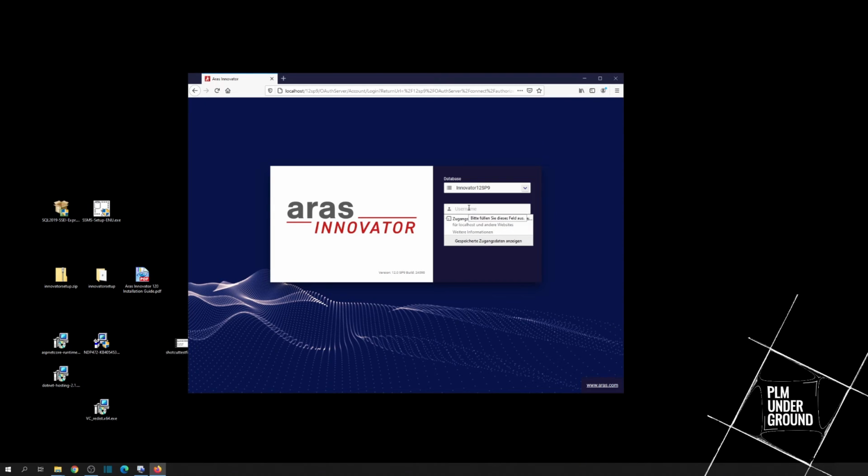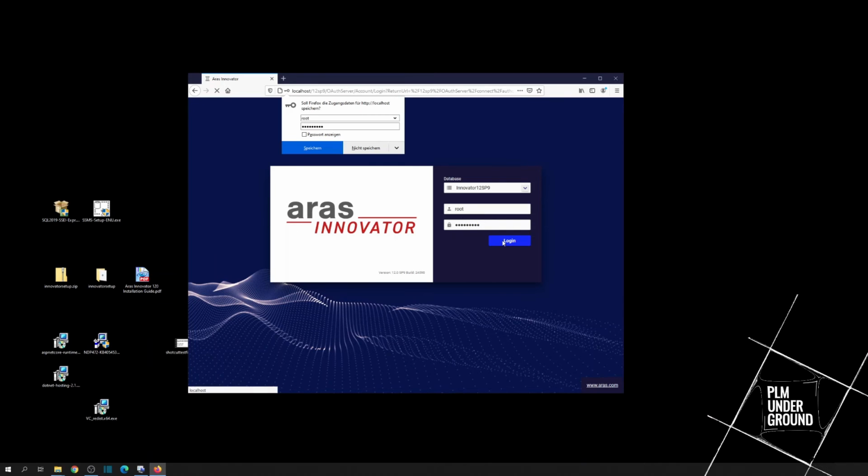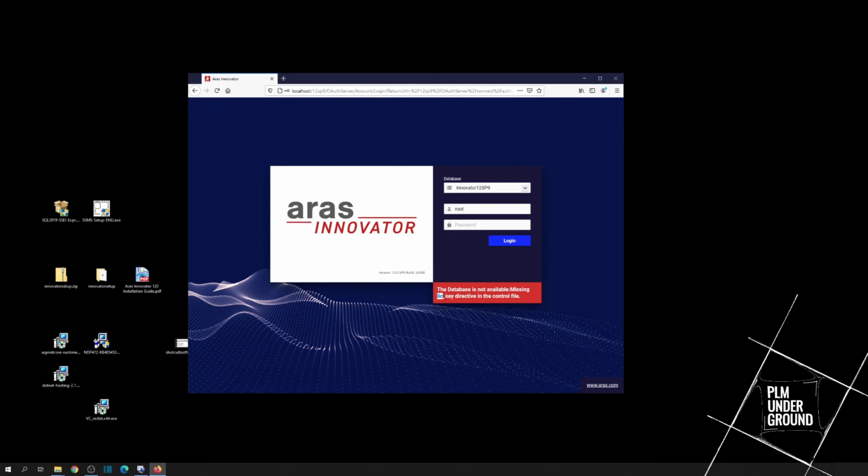And by default, for first time login, you can use one of the default accounts, for example root and innovator. We will talk about the default accounts in another video. Right now I just would be happy if I can log in. Of course I can't, because, as we also saw in my first video about installation, I have not requested a license key yet, and this is exactly what it is complaining about right now. So I will get myself a license key and then I will see you later.